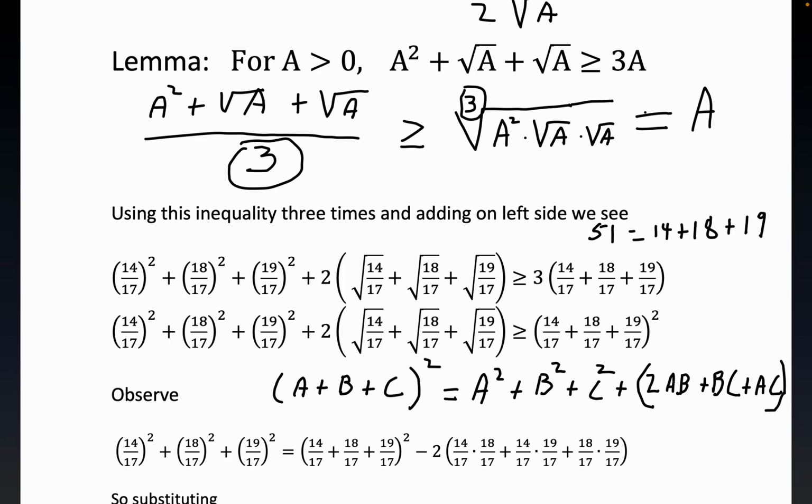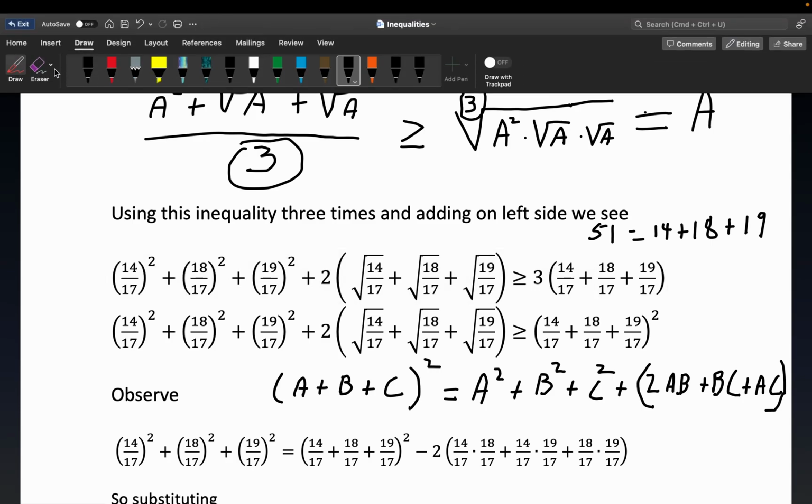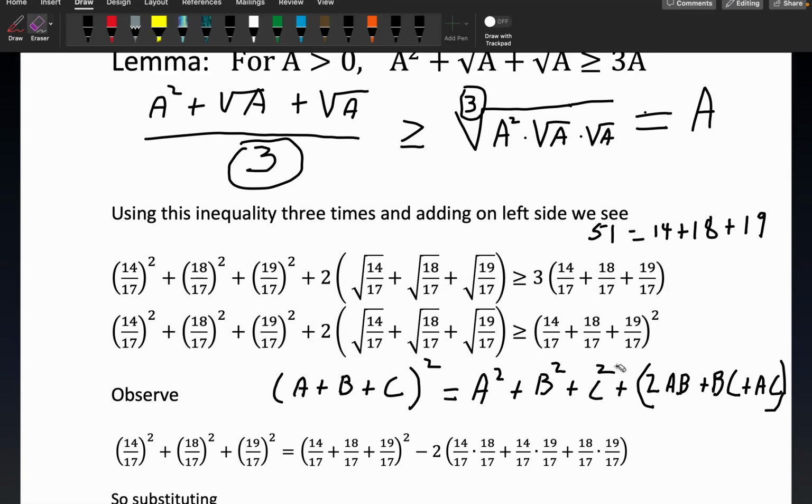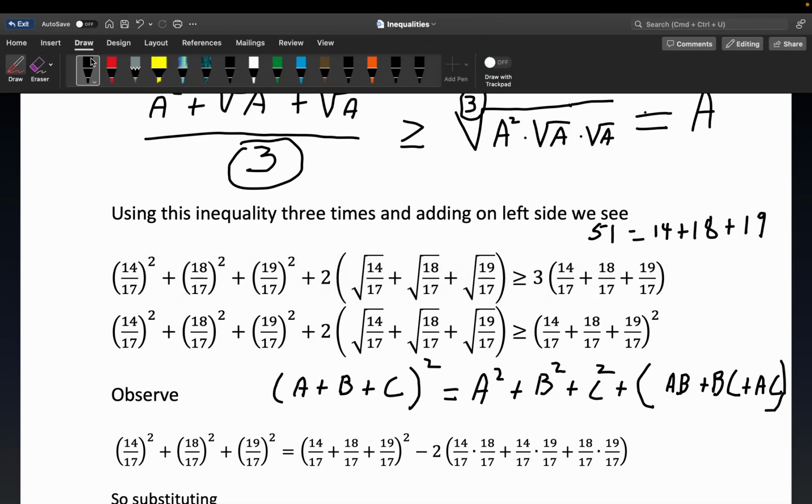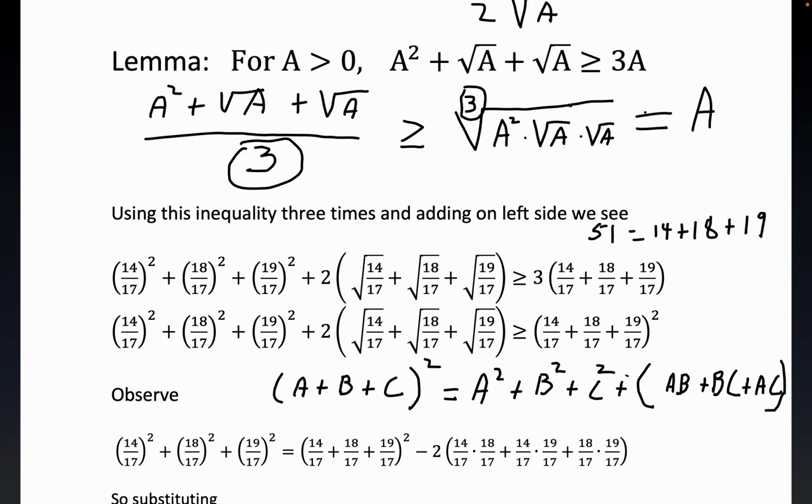All right, y'all, let me get, and the 2 comes out front, it distributes, so let's erase that. Get rid of that. And come back here and place the 2 right there. Okay, folks? You see, that's all that happened right here. When you expand this out, you obviously get the square terms, but you get 2 copies of each of these